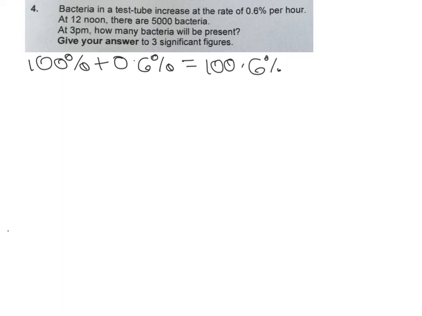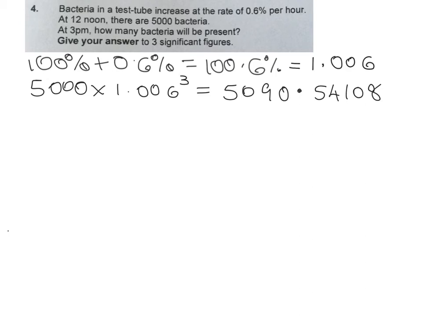Okay, so let's do this a quick way. So we need to increase by 0.6% at the end of every hour. So that means we have 100% plus 0.6% is equal to 100.6%, which is equal to 1.006. So that's our percentage multiplier. So we take the amount we start with, which is 5,000, we multiply it by 1.006, and our time scale is 3, so that's our power. Put that into the calculator, and it comes out with